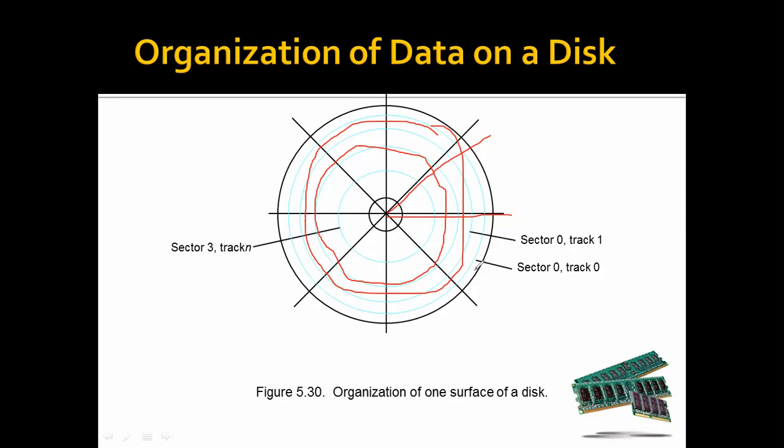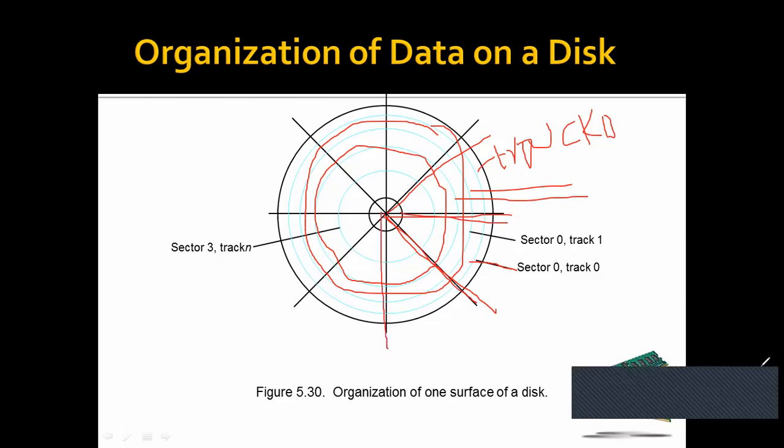First, suppose you are taking this, see here, this is track 0. Next track 1, track 2, like this. Regarding the sectors, from here to here is sector 0, from here to here is sector 1, like that.